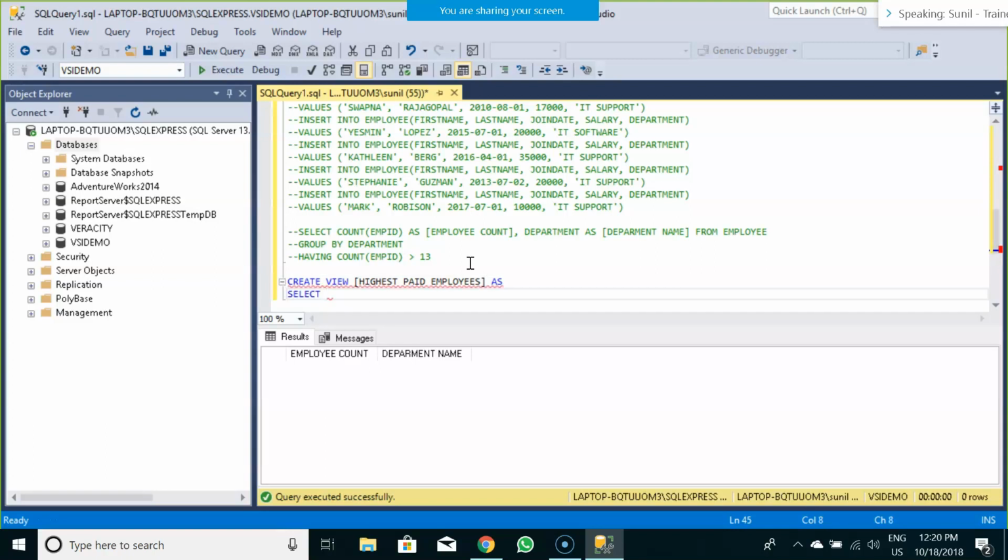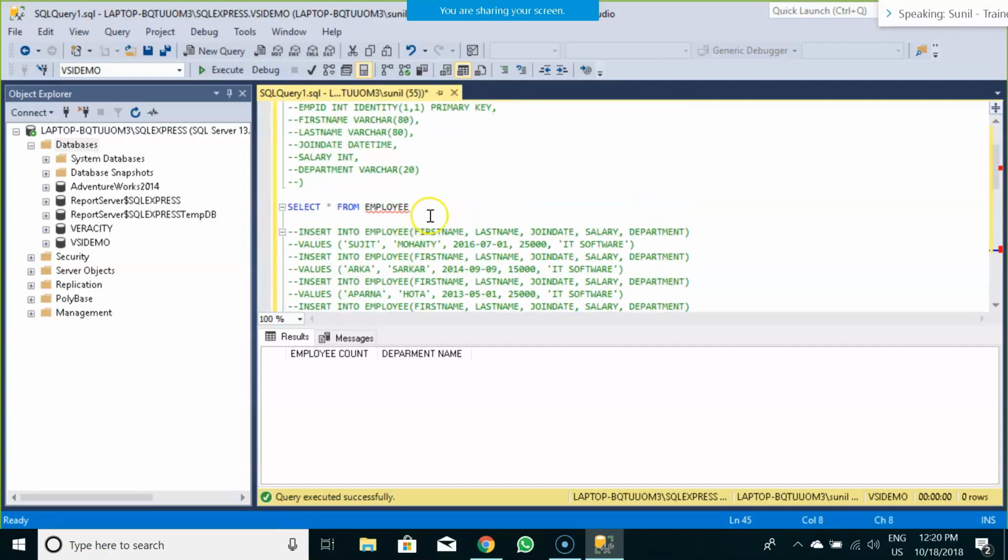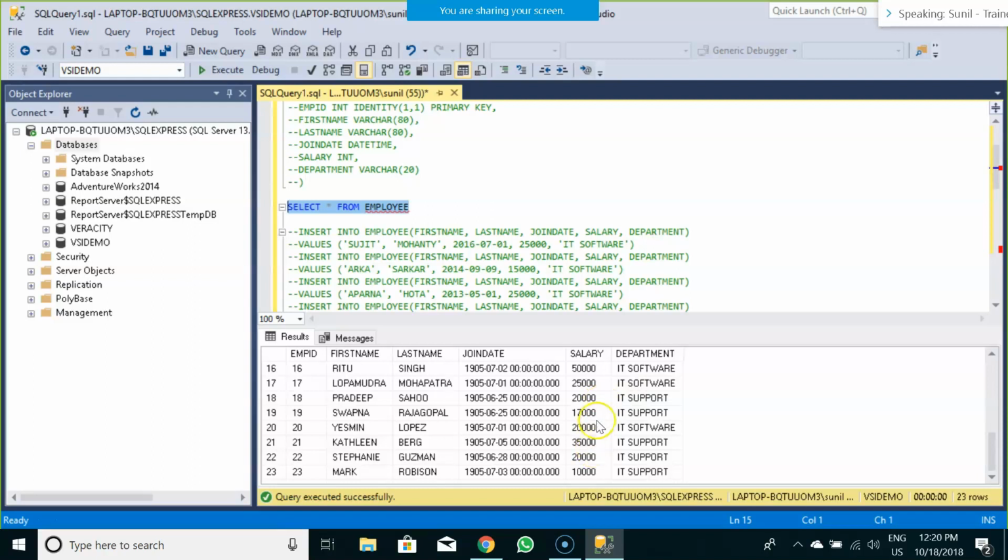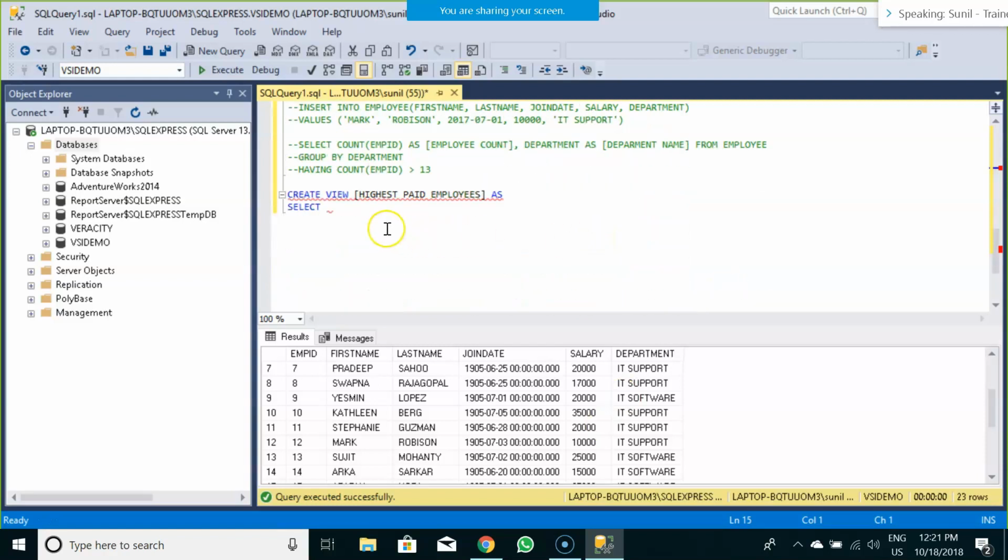Let's say in our scenario, we have different employees with different salaries. Now there may be a case in your HR department wherein I want to find, on a monthly basis, who are the highest paid employees in the respective departments. So the query is repetitive in nature.